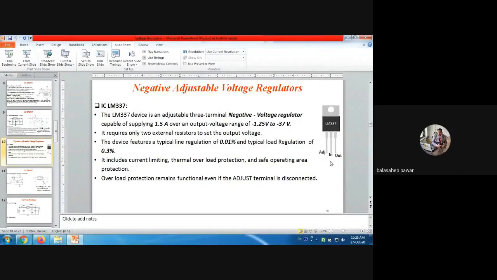That is the difference. While implementing this regulator IC on a breadboard, you have to take this care. Otherwise, if the terminals get interchanged, if instead of the input you connect the output and vice versa, then that regulator IC will get damaged permanently. So by verifying its terminals, which one is the input, which one is the output, and which one is adjustable, you have to connect it properly on the breadboard. Otherwise, it will be harmful to our regulator IC.